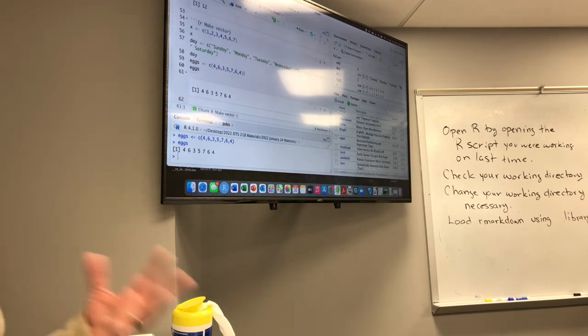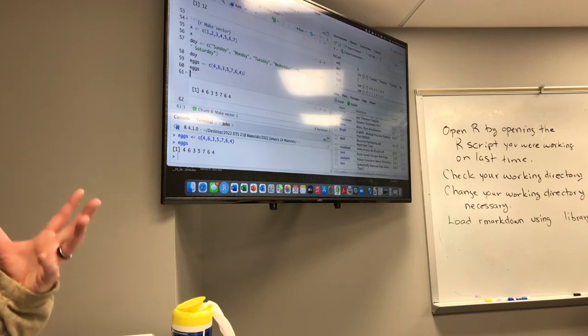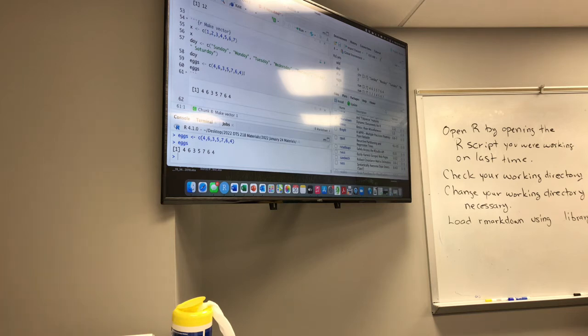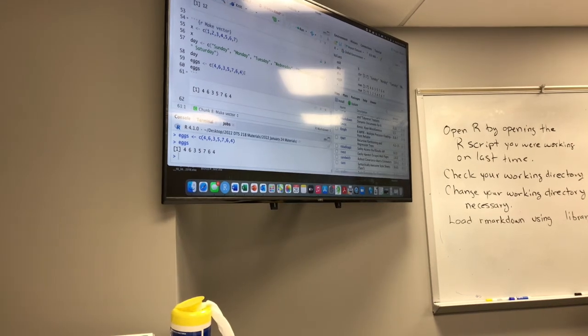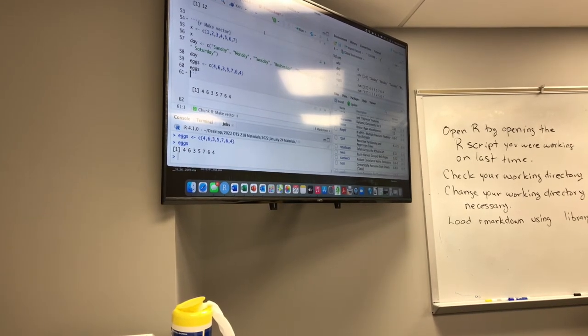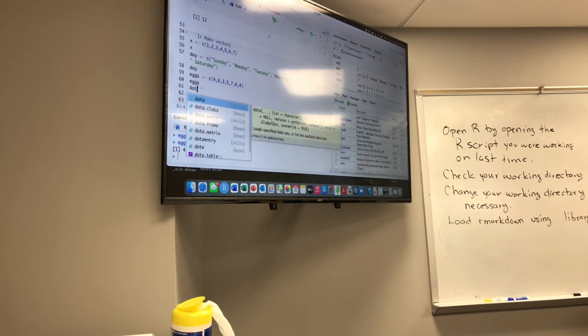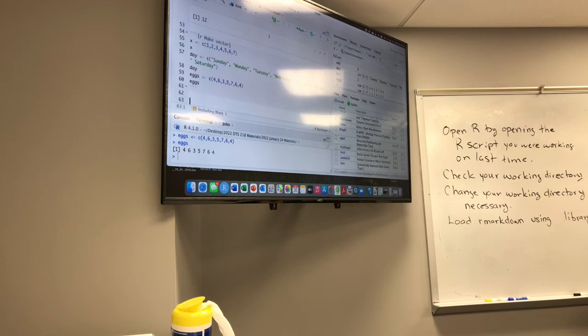So this is a set of vectors, but what we haven't really done yet is build a data set, because we don't have all of these vectors of data put together into a full data set. But we can do that because we can actually just take these vectors and combine them into a data frame. I like to call my data frames DAT. Well, let me do this. Make a new code chunk, and call this new code chunk